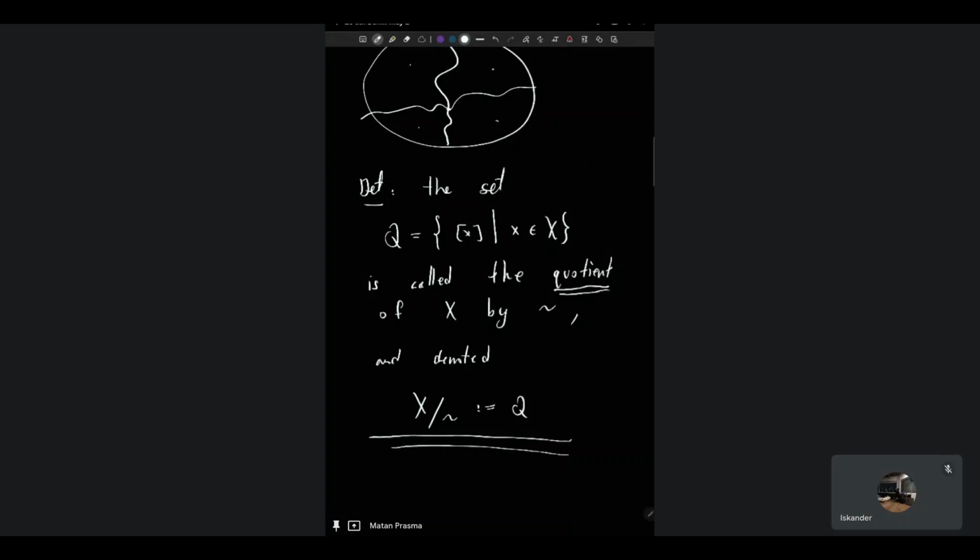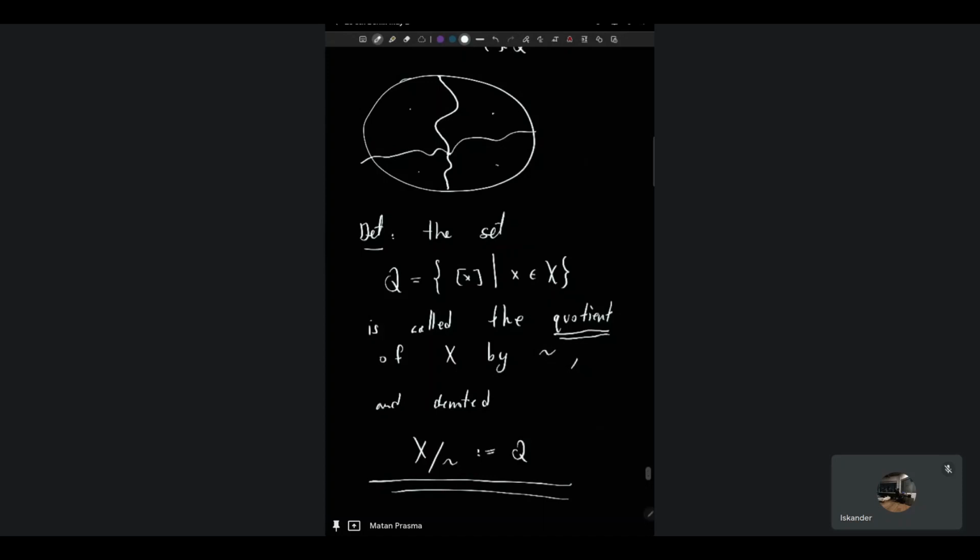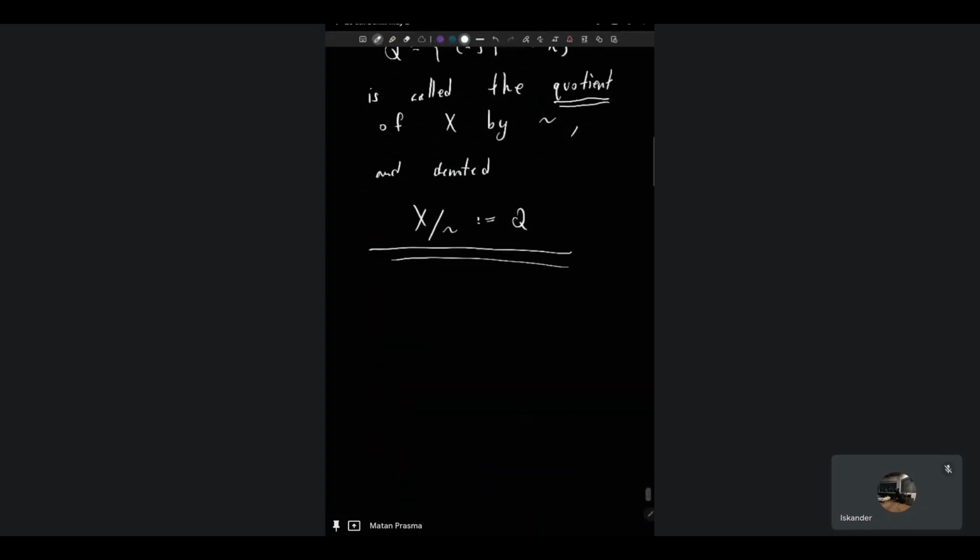Now, I claim actually that the process I did, starting with an equivalence relation and considering then the equivalence classes, which are a partition of the set X, and then considering the quotient as simply all the elements in the partition, this process can be reversed. Namely, if you give me, let me write it down. So conversely,